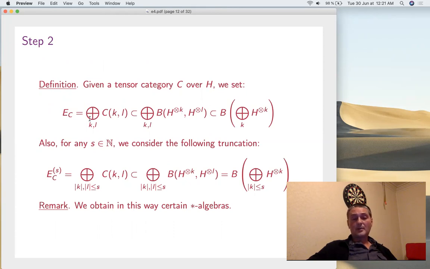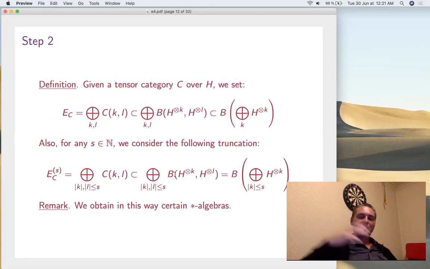Okay, it's not closed. But in order to get these star algebras and use our knowledge there, a bit of spectral theory, we'll truncate at S. So S is the length of the, with bars, I denote there the length of the colored integer. I remind you, these are colored integers all the time. So this is the length, it's a usual integer. So also truncate at S, and you get, of course, a star subalgebra, which actually is a C-star algebra because it's finite dimensional. So no topology there.